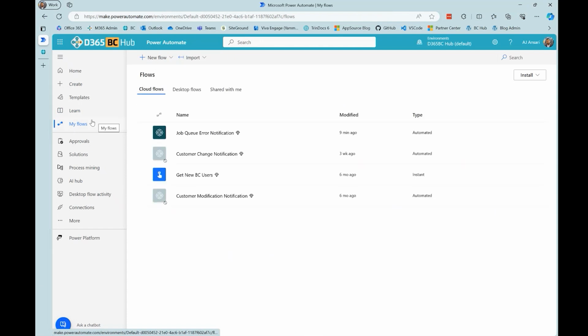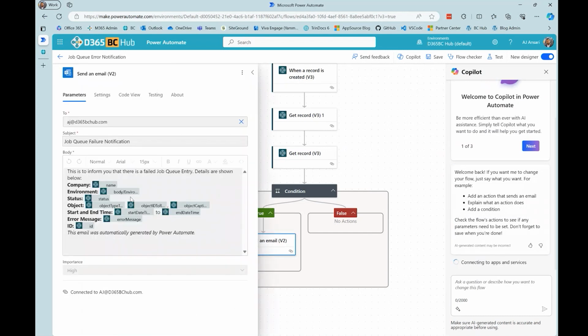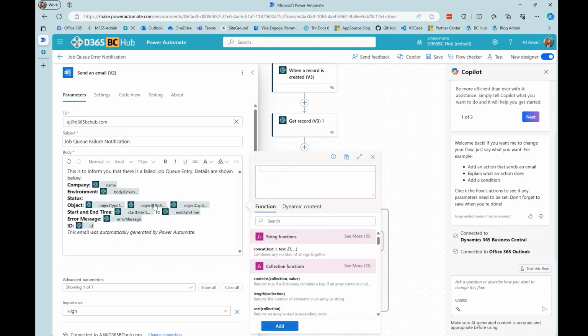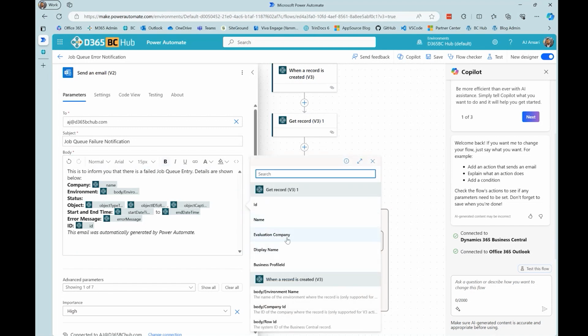When I make changes on the fly and I don't save it, sometimes it can stop showing some dynamic fields. So I'm just refreshing and starting over with this flow without actually making any changes, and then we'll come into this email. It should be a cleaner experience at this point. But if I didn't have this field now, I should be able to go into the dynamic editor. And from here,